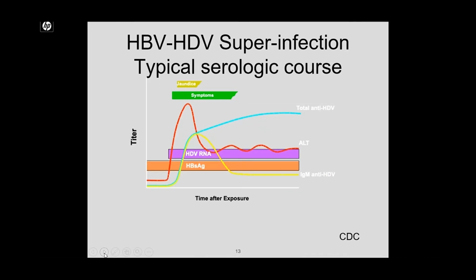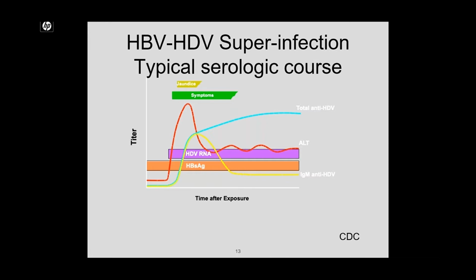And the next part will be about super-infection. So this is an individual who has hepatitis B. We have said hepatitis B is a hidden epidemic because most patients may not be symptomatic. So these carrier patients who are asymptomatic may present with a sudden worsening, or you'll have another scenario where you have a patient with hepatitis B on follow-up, on treatment, in which their viral load is suppressed, so they